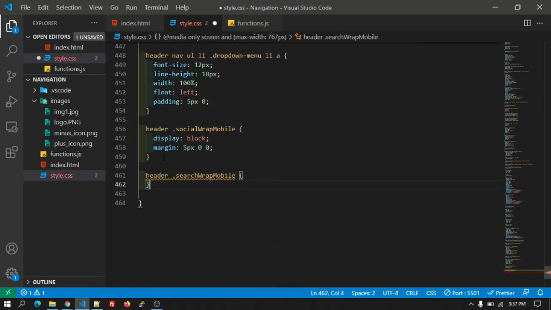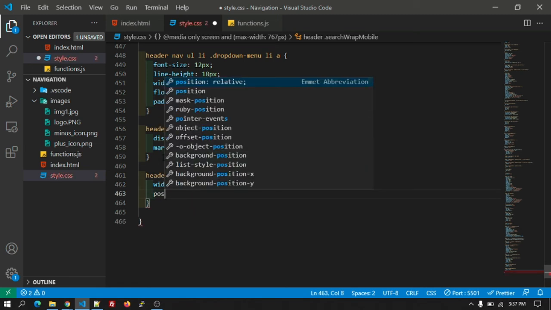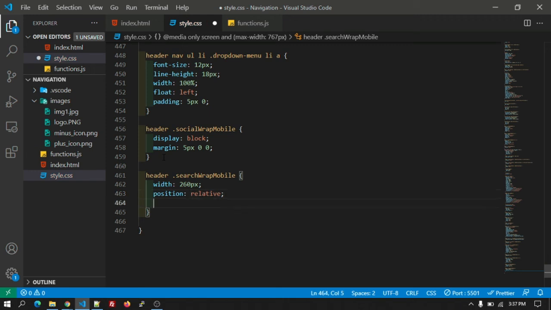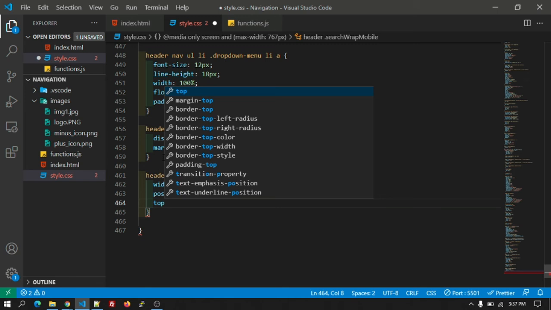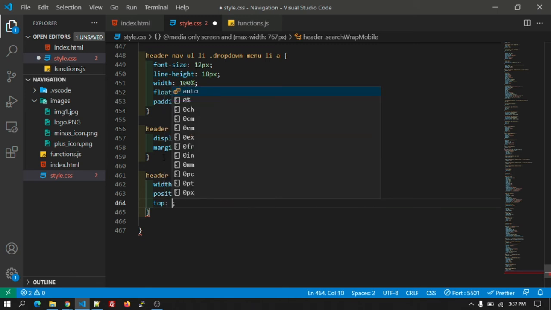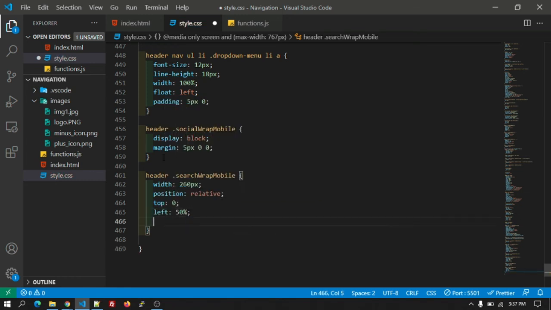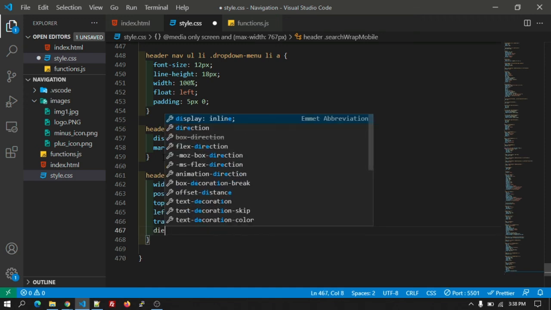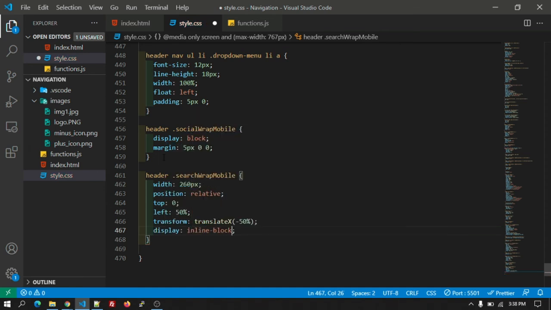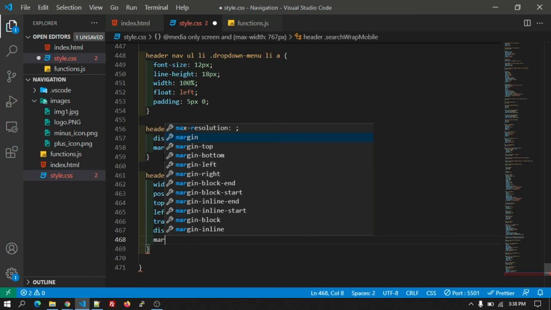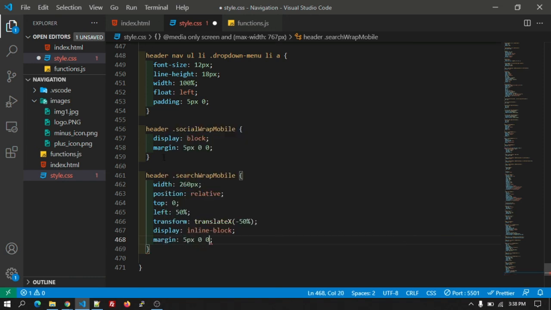Let's copy the class, and give the width as 260 pixel, position relative, top 0, left 50%, transform translateX minus 50%, display inline-block, margin 5 pixel 0 0.